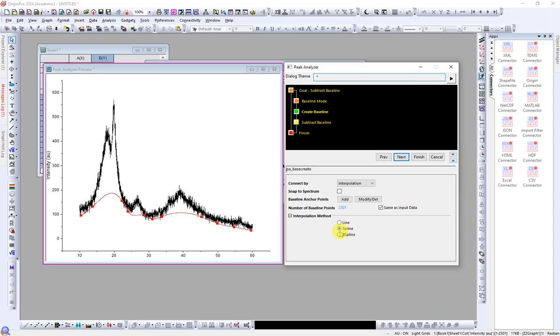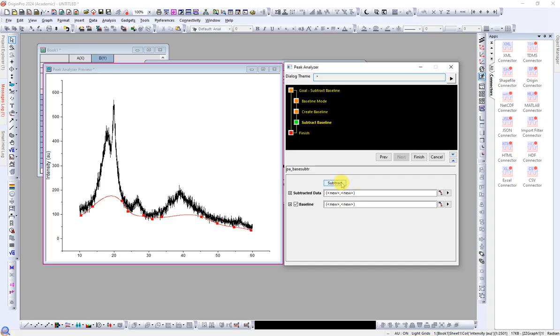It will look like this. There is BS spline and B spline. This one is a direct line. So I will choose the BS spline. You can choose according to your data, whichever fits very well. You can even add more points, and again click Next, and you are going to subtract,